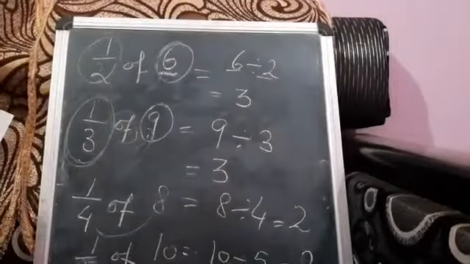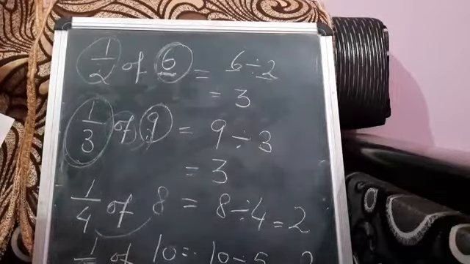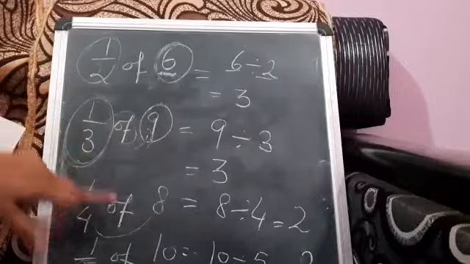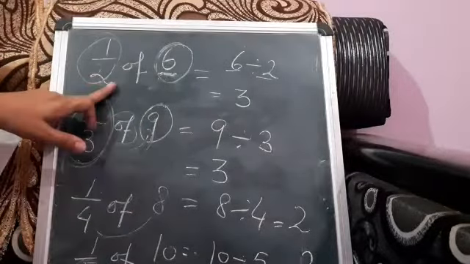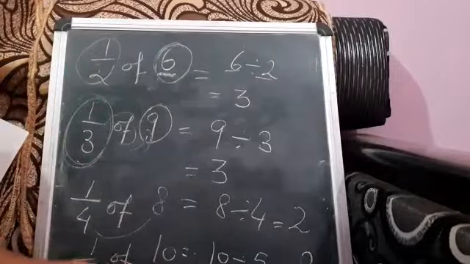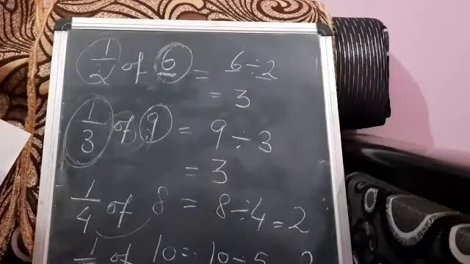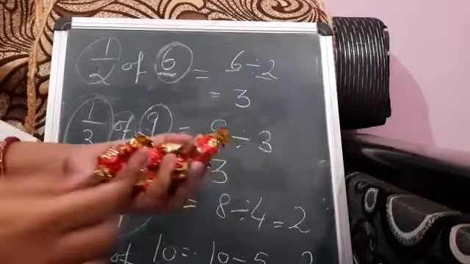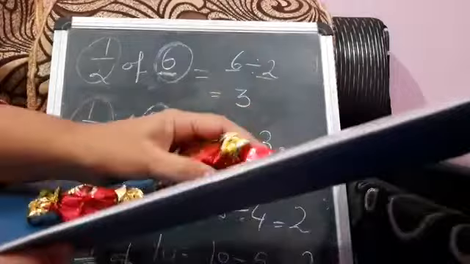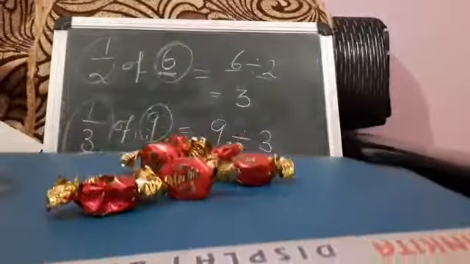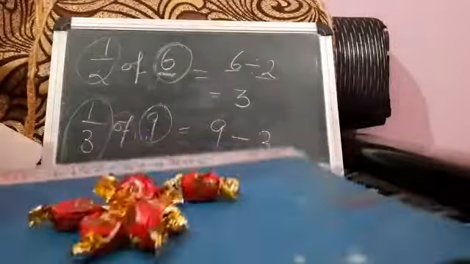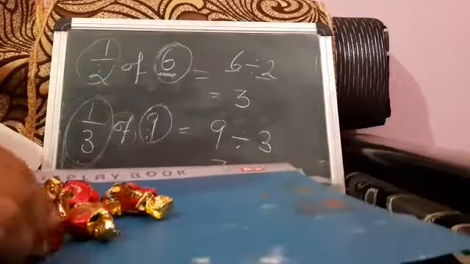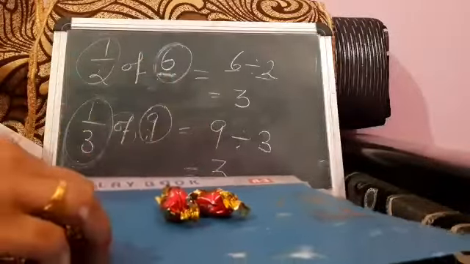Okay, clear? Got it? What is a unit fraction? Now I will explain this with the help of some candies. Suppose I am explaining all this with the example of candies. First of all, we are finding 1/2 of 6, for example. So I am taking 6 candies. Okay, here I am taking 6 candies. ठीक है, 6 candies है मेरे पास. 6 candies में you can see I want to divide into half. 1/2 of 6. तो when I divide 6 by 2, I will get 3.